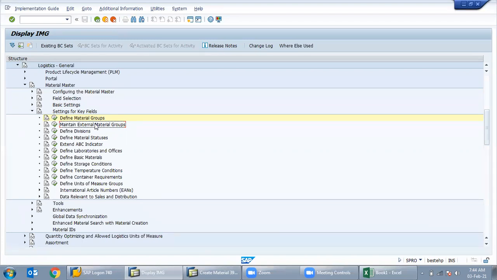Suppose the vendor is supplying steel. Steel has different types, like cast iron steel. If the vendor has any sequence for that particular material, we can maintain it here with the external material.